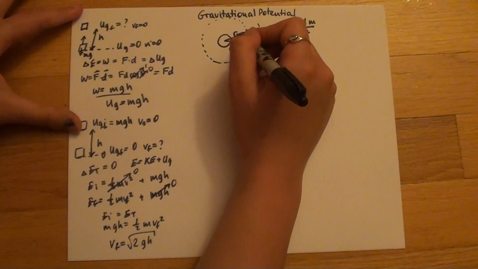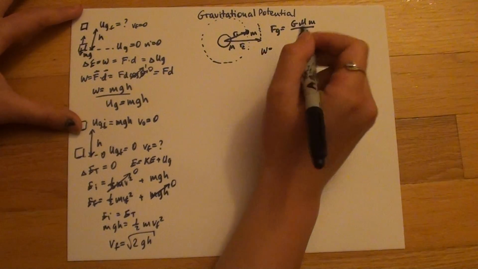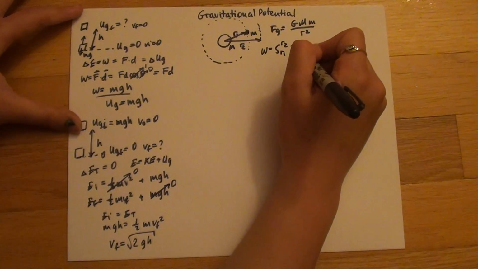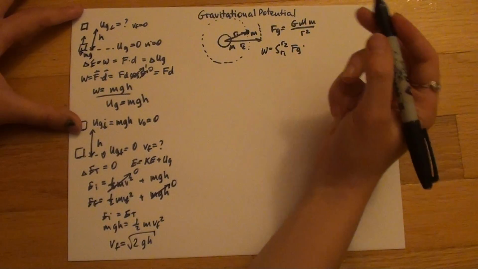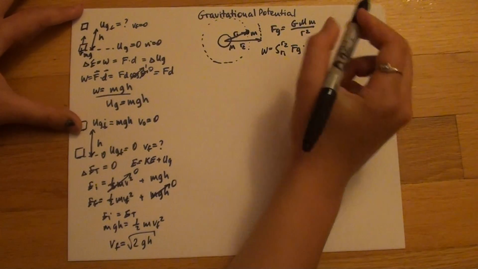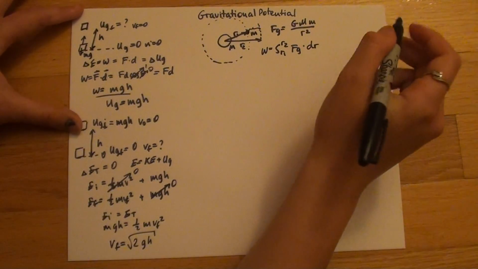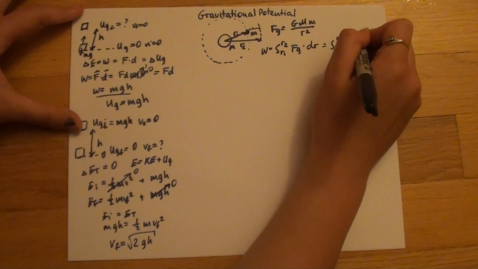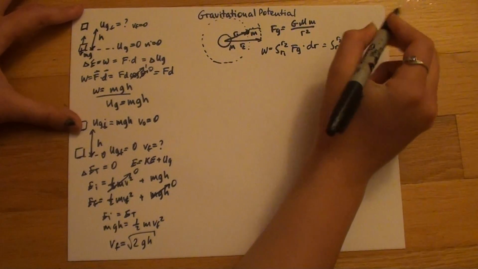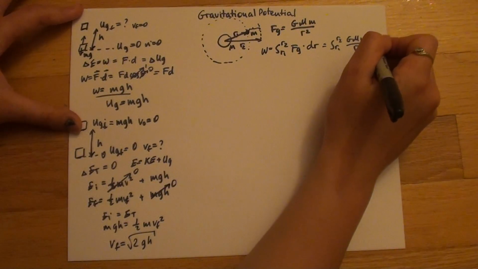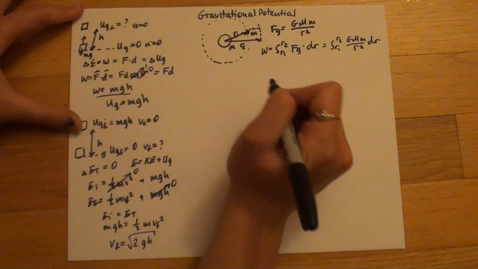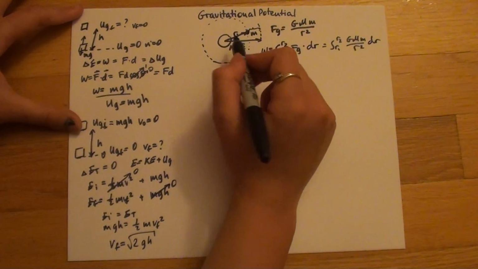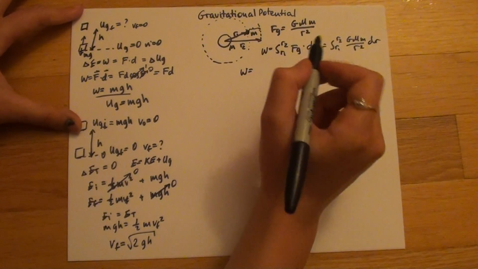satellite from R1 to R2. So work is equal to the integral, and we are moving it from R1 to R2, of the force of gravity times the distance, times dr, the distance over here. So when we plug this equation in, we get the integral from R1 to R2 of the constants over r squared, and actually the top part I could have pulled out because they're constants, and dr. And so when I solve for this integral, I get that the work done on the satellite to get it out of R1 and into R2 would be